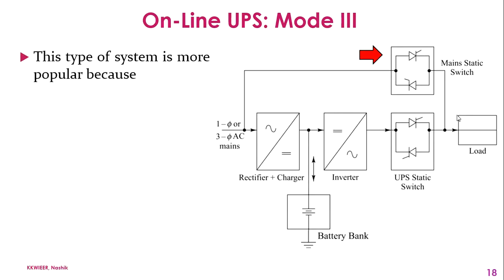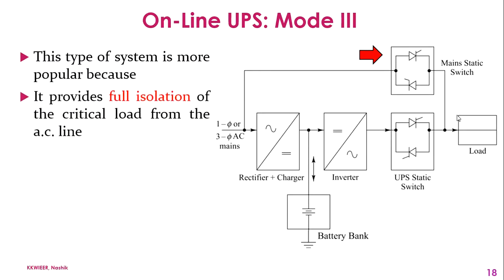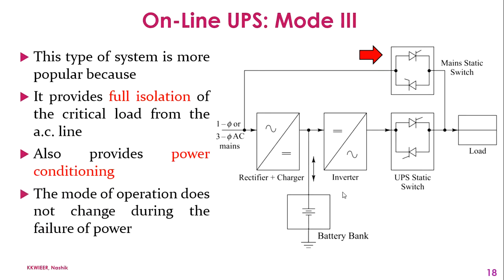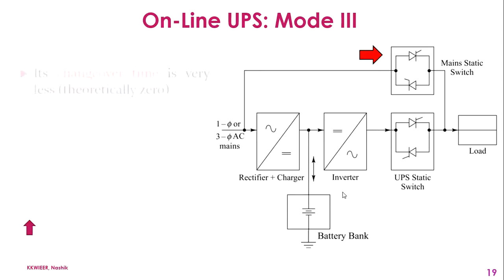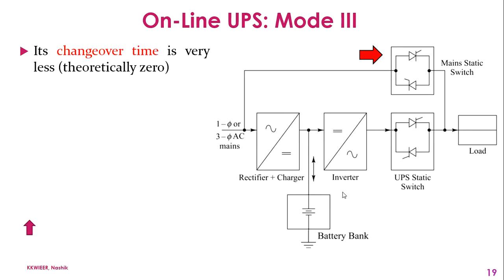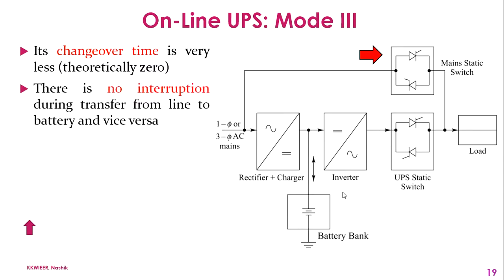This type of system is more popular as it provides full isolation of the critical load, as I said, with the AC line, that is isolation between load and input. It also provides power conditioning, and the mode of operation does not change during the power failure. Its changeover time is very less, theoretically 0, and there is no interruption during the transfer from line to battery